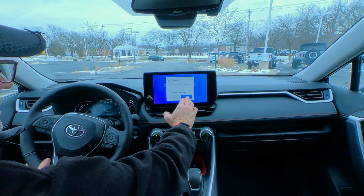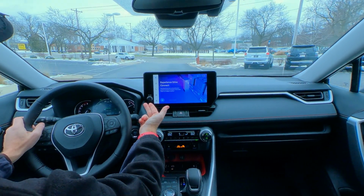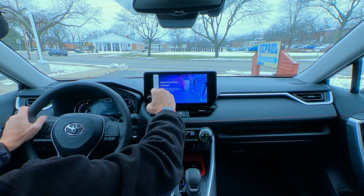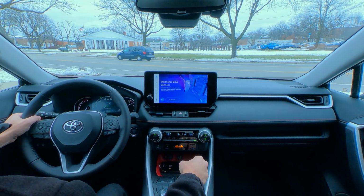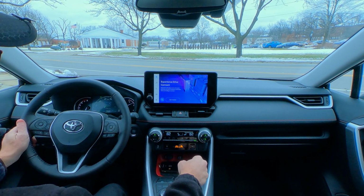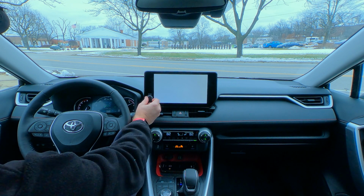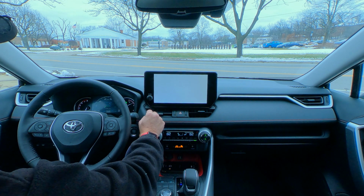This has the new, quote unquote, buttonless sound system. There's only one button, and it's the volume and the on and off button. All the other switches have been removed. There used to be switches all the way down both sides of the head unit here, but those have all been removed, and now it's much more responsive, so you can just tap and use your fingers to navigate on the screen. Not going to spend a lot of time on the screen for this test drive,